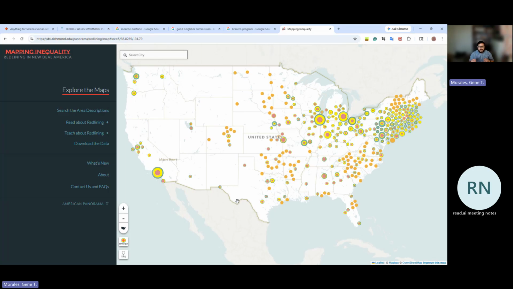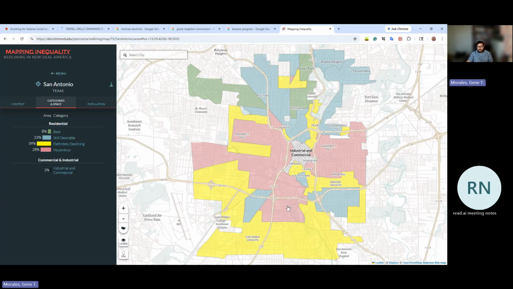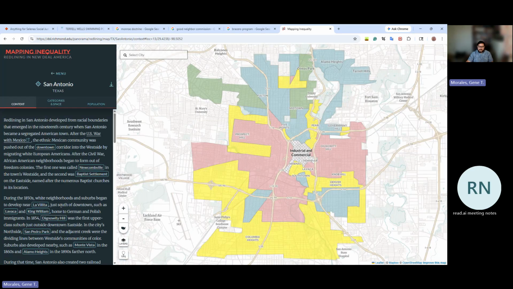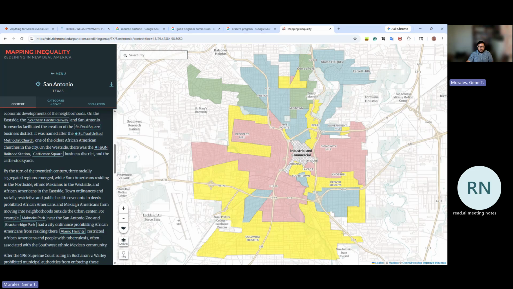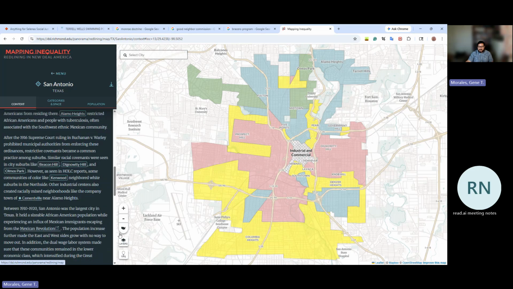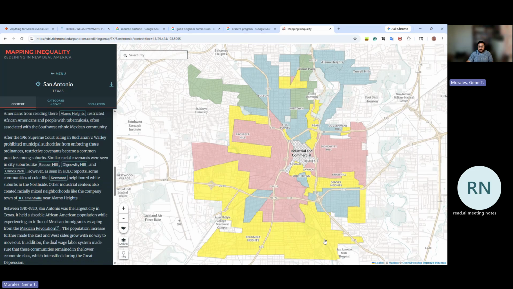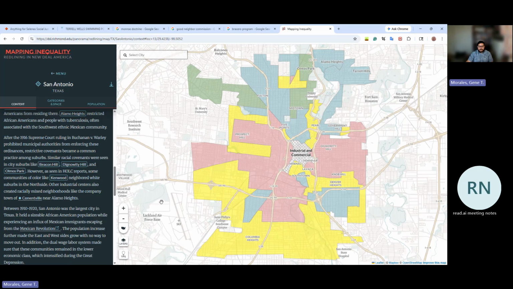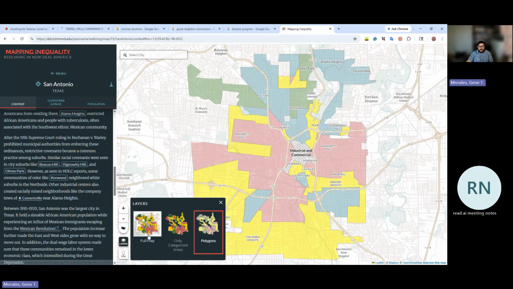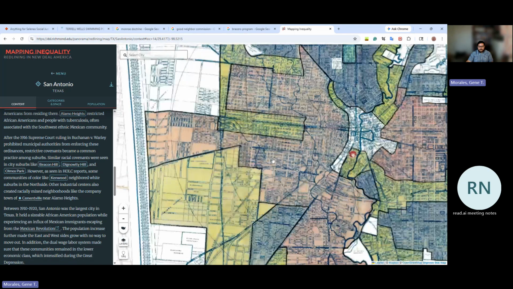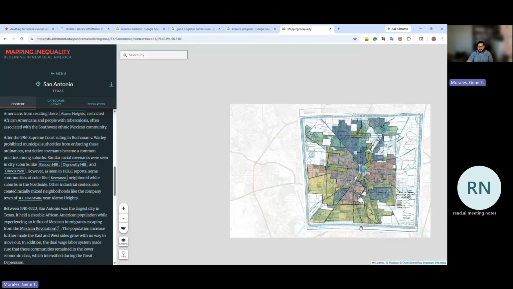But what we also see is that during the Great Depression, these are also the targeted communities because they are in such high clusters of segregated areas. Now, when we look at the redlining maps, it really doesn't show this, and you really have to look at the context of what's happening across the United States, but also what's happening in some of these areas. Because in these areas, this is where we're starting to see how segregation is going to form,